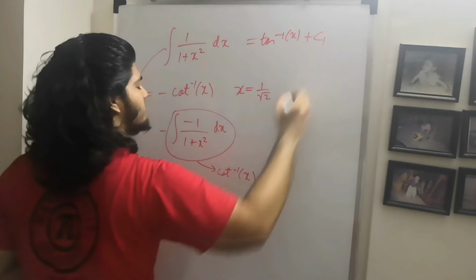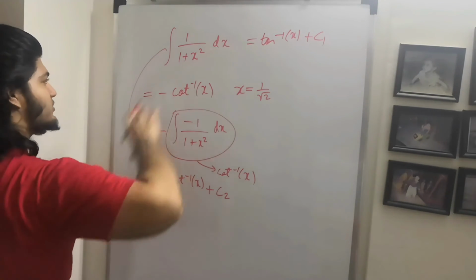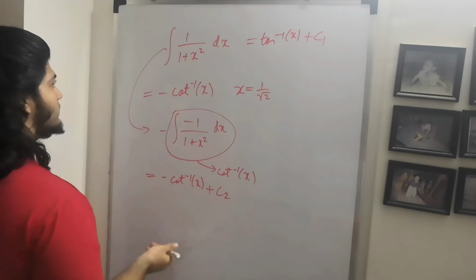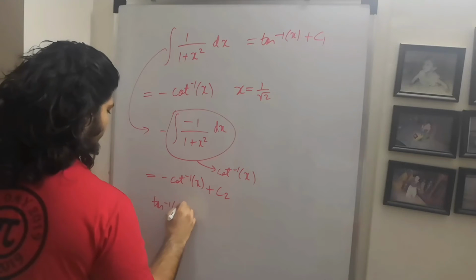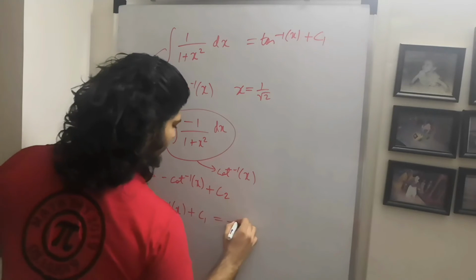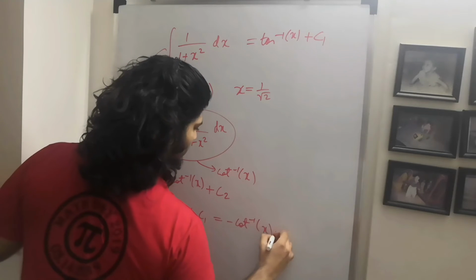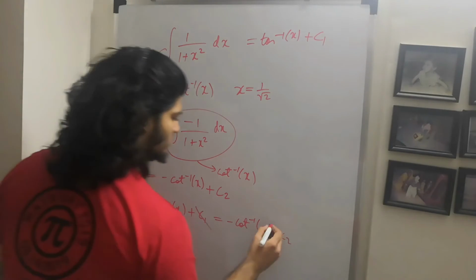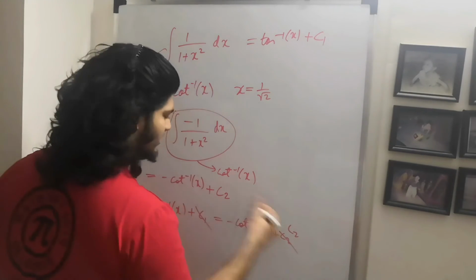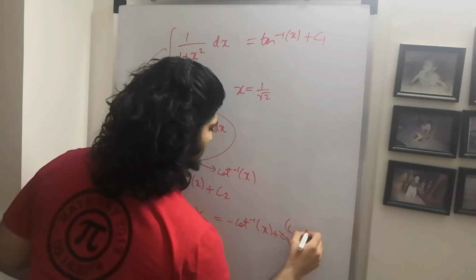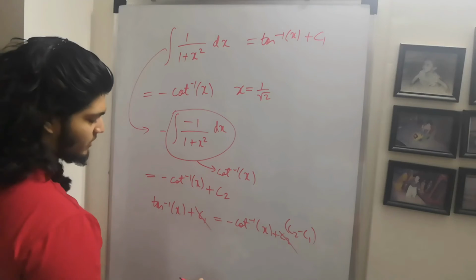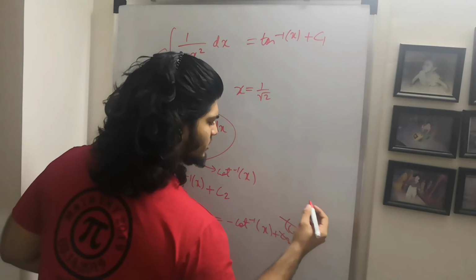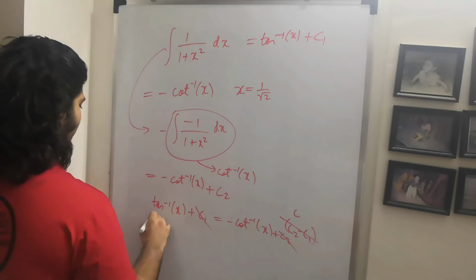Well, let's call this c1 and c2, and let's equate these two, because we got them from the same source, the integral of 1 over 1 plus x square, so they must be equal. So tangent inverse of x plus c1 is negative cotangent inverse of x plus c2. So now let's take the c1 to the other side, and let's make it c2 minus c1. And well, c1 is an arbitrary constant, c2 is also an arbitrary constant, so their difference is also an arbitrary constant. So let's call that c. So tangent inverse of x